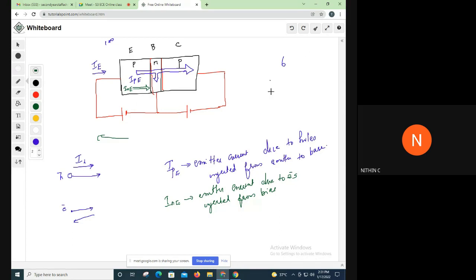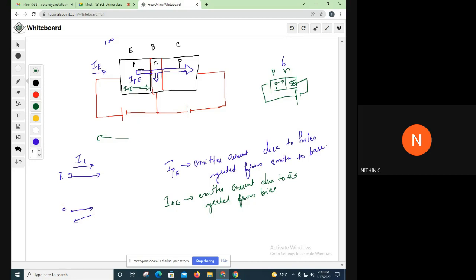No, not like that. How do we normally connect a PN junction? We are connecting the PN junction like this. This is forward bias, right? This is exactly what is drawn here, a PN junction in forward bias. So the holes over here will be moving in this direction, and electrons will be moving in this direction. So that itself is happening over here. But considering the emitter current, the current due to both these holes and electrons is in the same direction. Those two currents are in the same direction, even though these carriers are moving in opposite directions. Holes move that way and electrons this way, but the current due to these charged particles is in the same direction. Okay.